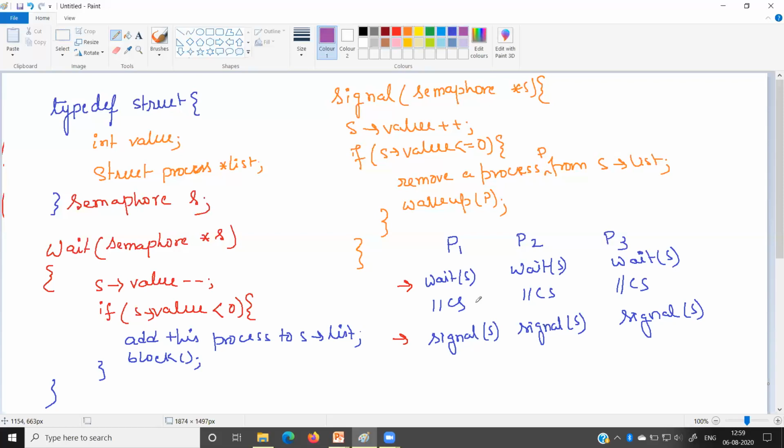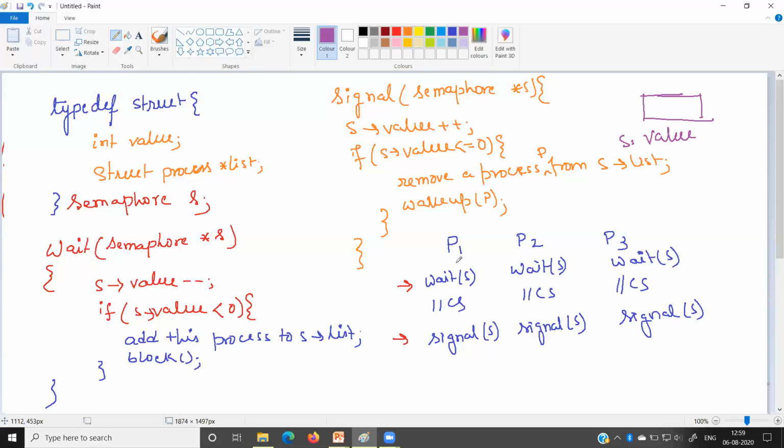Suppose P1 wants to execute the critical section. For all the processes P1, P2, P3, there is only a single variable which is called the value, and its name is S dot value, where S is a semaphore variable. Fine. Now what will happen over here?